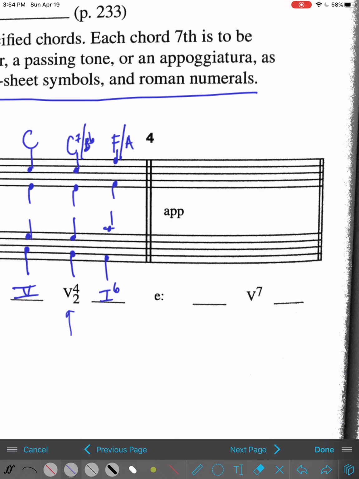Okay, so let's check this one out. Again, you want to remind yourself this is E minor. So we've got to write the key signature first. Let's write that key signature. I can do better than that. Let's write it more clean. There we go. Nice key signature there. E minor looks like that. It's got 1 sharp. Okay, so now we're going to need to figure out an appoggiatura approach to the 7th,